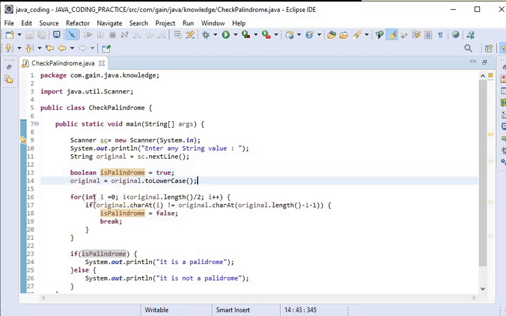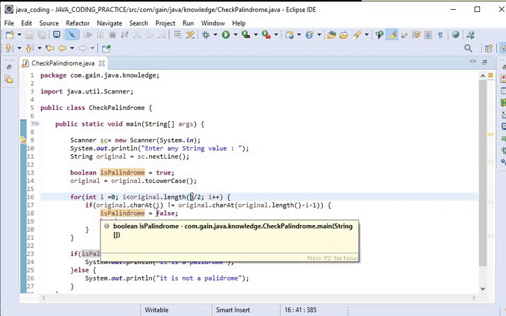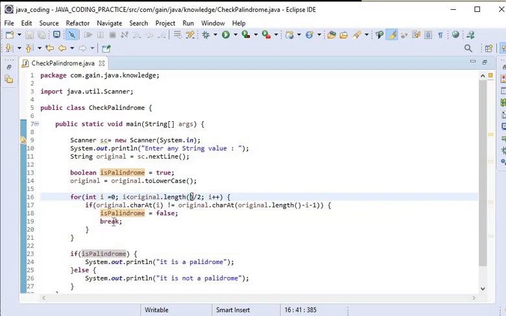After that we iterate the string forward and backward and compare one character at a time till the middle of the string is reached. So we have divided by 2, and if any of the characters does not match, then we set isPalindrome to false and break the loop, so we can say it is not a palindrome.